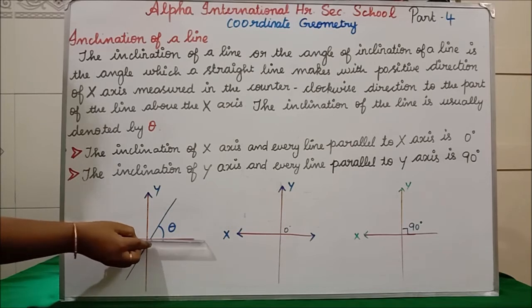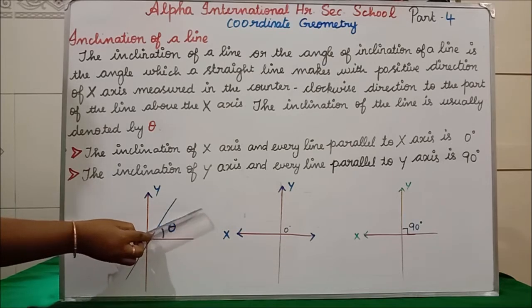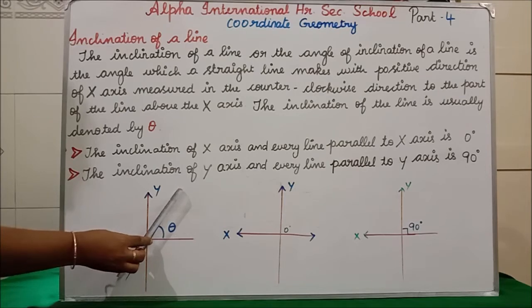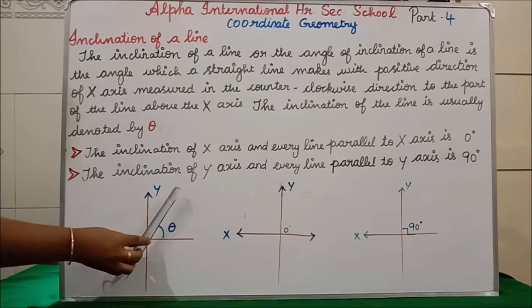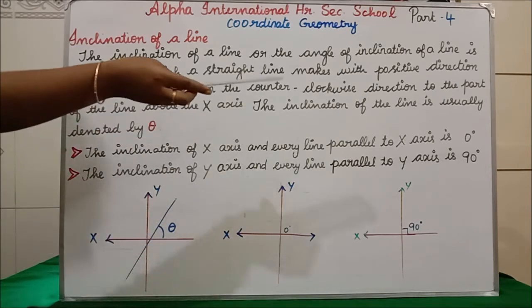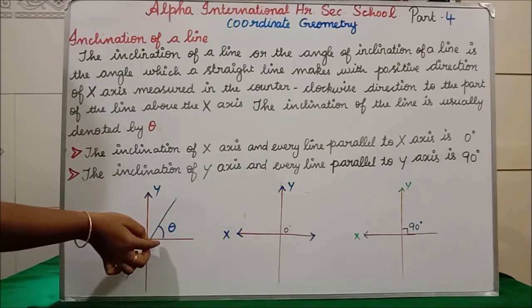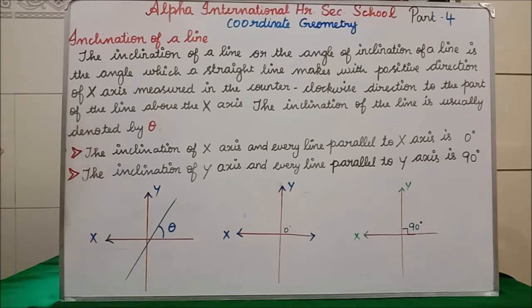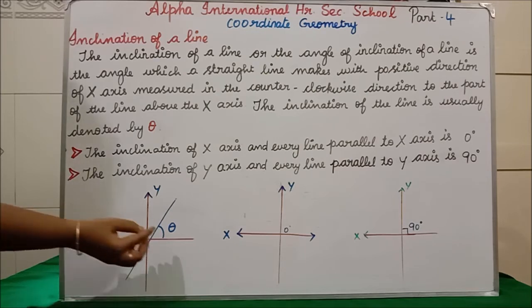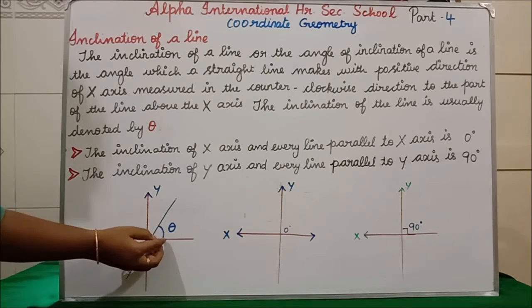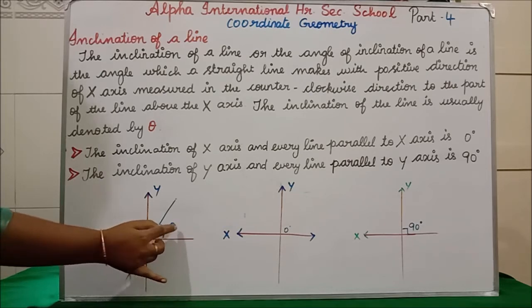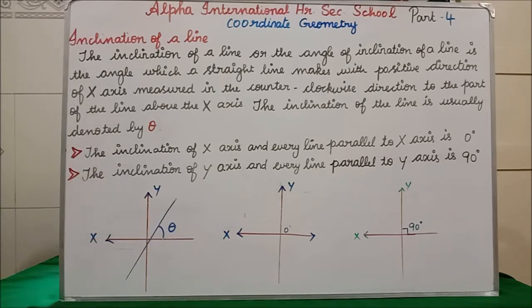So here now they are drawing the line. It is going, and now I have drawn one straight line. Clear? Now this is the inclination of the line. From here to here we have to draw one inclination. Inclination is nothing but the angle. So only sometimes we can say angle of inclination of a line. The inclination of a line, from here to here, we are denoting by theta. Here, students, is the definition.